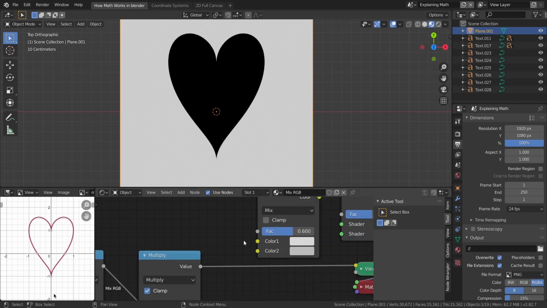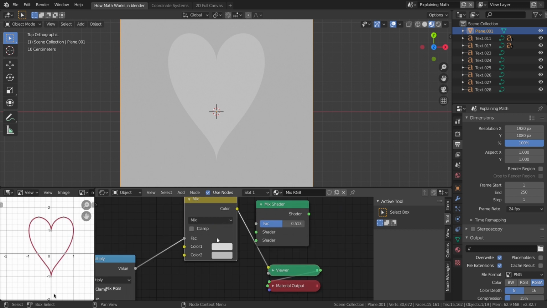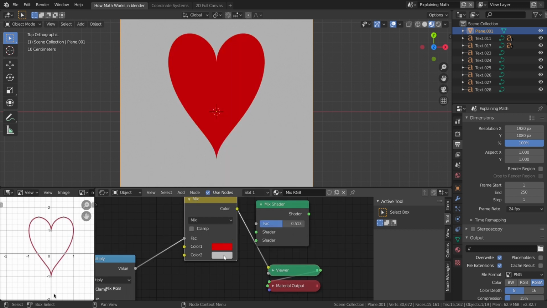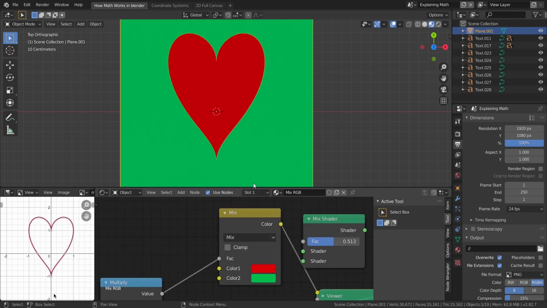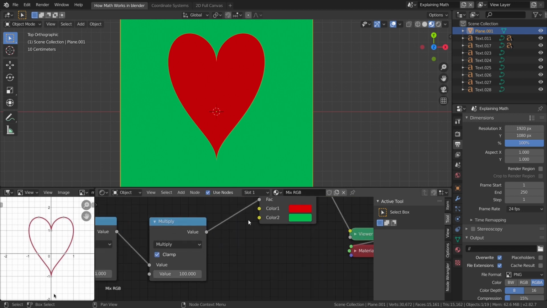What I mean by this is, if we connect our amazing looking heart to the factor, I think you can't see much, but when I change the color to some different colors, this is where the magic happens. As I told before, all the regions with black color obtain the top color, whereas the regions with white color obtain the bottom color. If the region is gray, then let's see what happens.